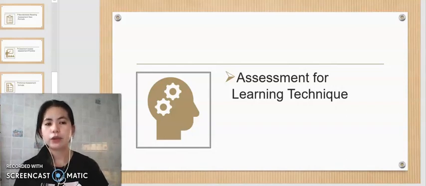Teachers ask students to generate good questions about reading text that could be included on a test of some sort.